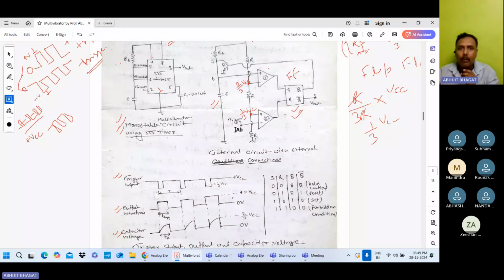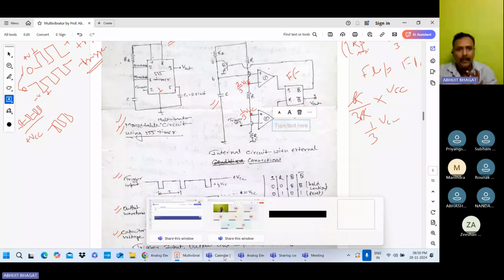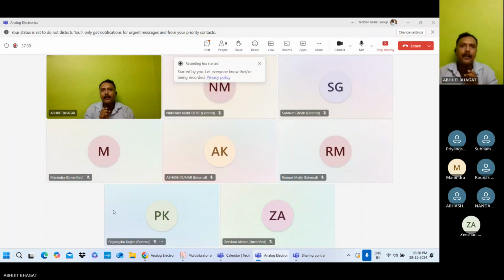Okay, so here when you do not provide the voltage, here the voltage is VCC and plus terminal voltage is 1/3 VCC. तो इसमें बड़ा कौन सा है? नेगेटिव टर्मिनल में VCC और प्लस में 1/3 VCC. तो बड़ा कौन सा हुआ? बोलो, एनीवन? नेगेटिव टर्मिनल में VCC है, यू आर नॉट प्रोवाइडिंग द ट्रिगर, और पॉजिटिव में क्या है? 1/3 VCC. तो नेगेटिव टर्मिनल का वोल्टेज ज्यादा हुआ ना? यस, नो? समझ में आ रहा है या नहीं आ रहा है? नंदन, शुभम, मंदिरा, रौनक,